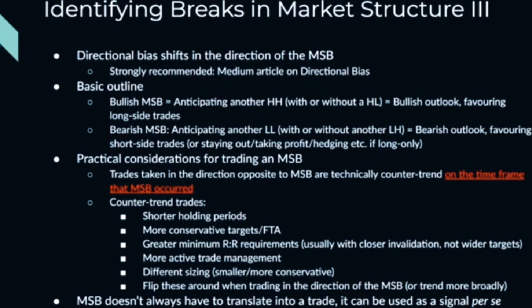Further, more active trade management. The whole idea of letting winners run is more trend following and trading in tandem with the trend, so you don't overmanage positions that are just going up, generally if you're long, etc. Whereas if you're counter trend, you need to be a bit more dynamic and not allow your evolving R, so to speak, to deteriorate. These trades, because they're counter trend and lower probability by definition, sort of require more